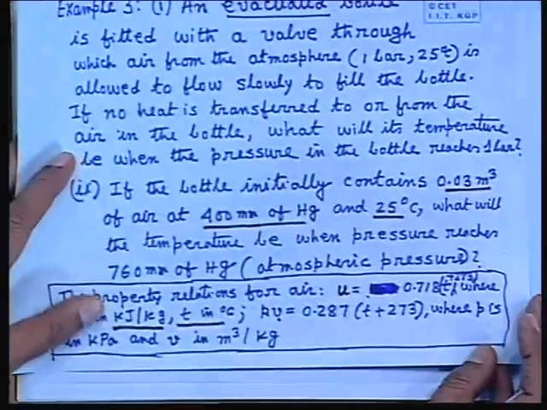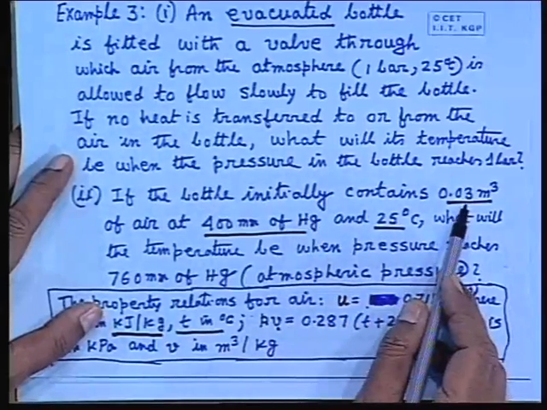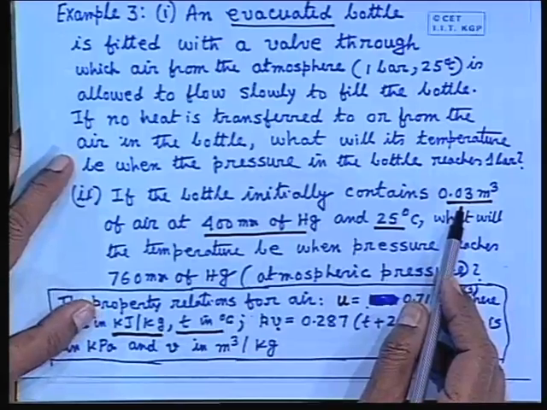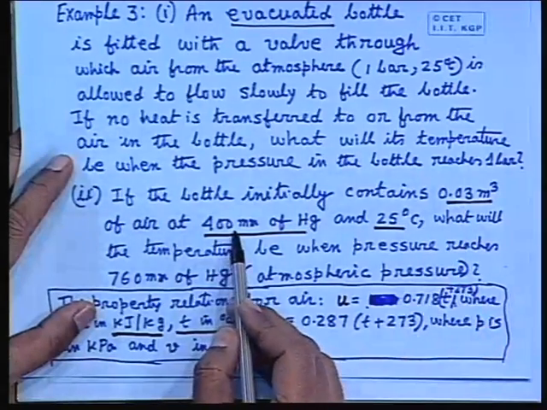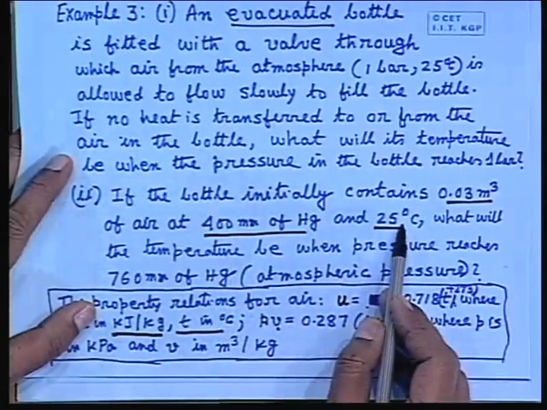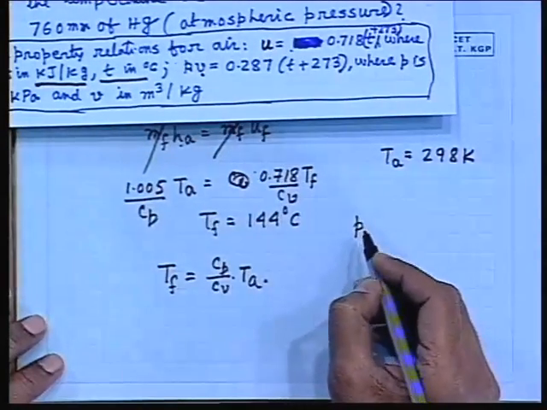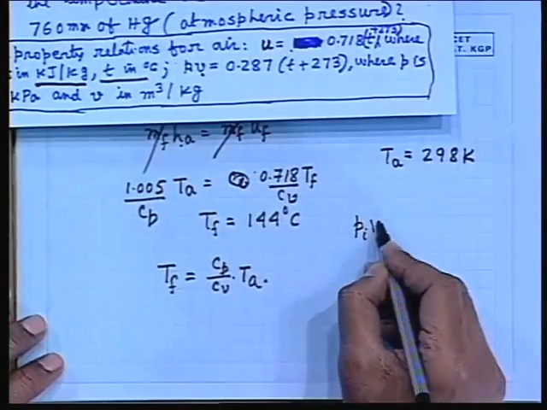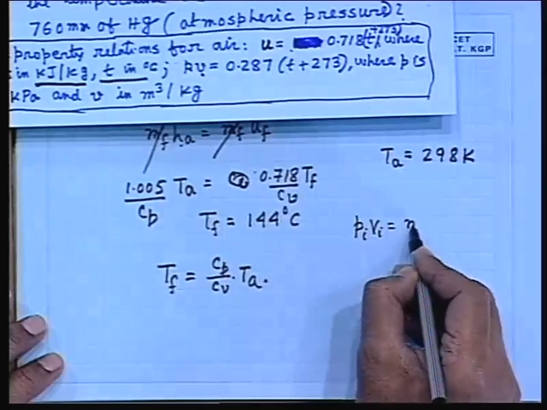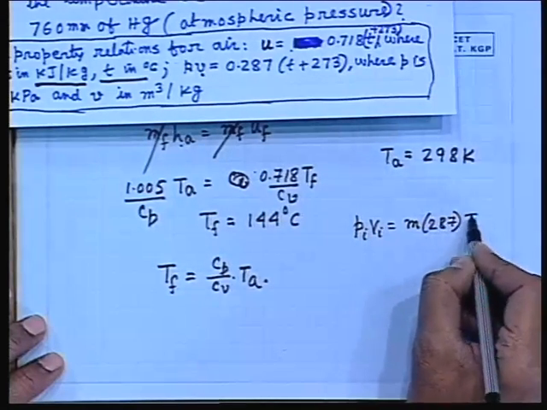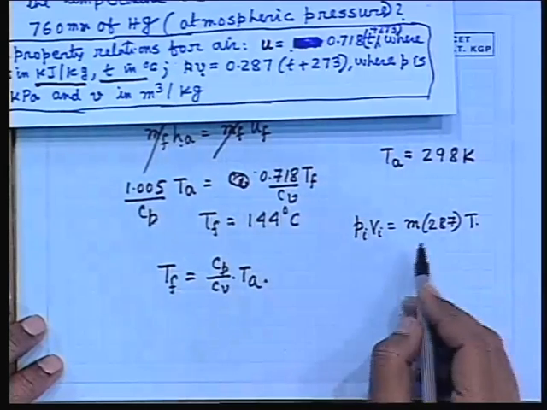That means the second case, the bottle initially contains 0.03 meter cube. This will give you the value of MI because initial pressure is given, initial temperature is given. How can you find out MI? Because you know PV is equal to MRT, I have already told. So, PI VI is M. When we will be dealing with air, we always put R as 287 into T. This is joule per